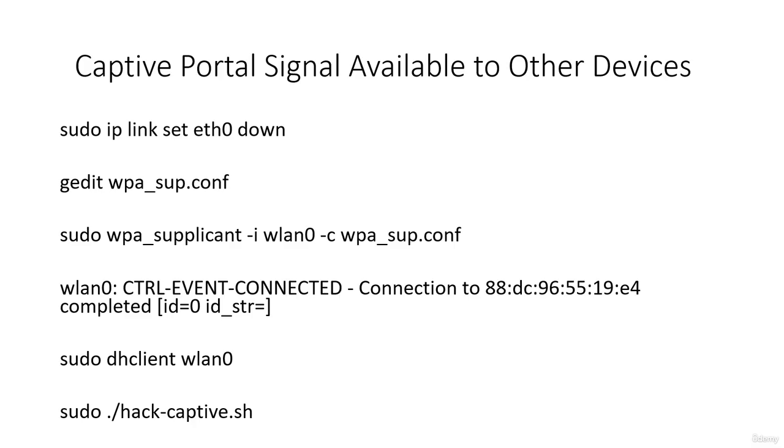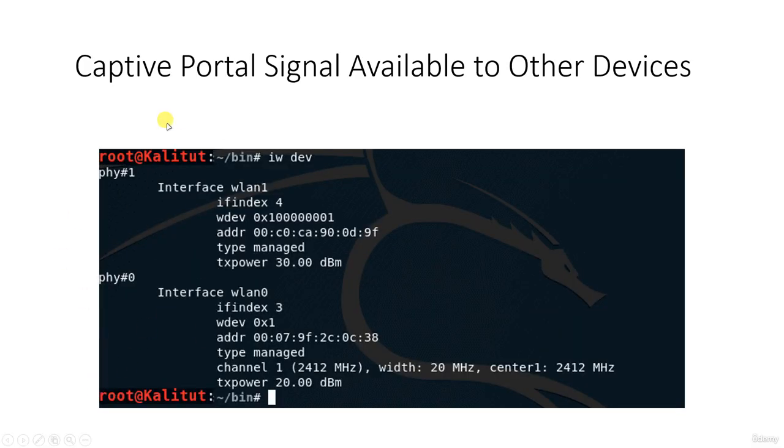Now we need to raise our own access point, which will use the intercept portal interface as a source of internet access. So we look at the name of our interface like this. This is our interface. There are a couple of network interfaces. Just type iwdev and it will give you all the interfaces. So what you have to do now is,